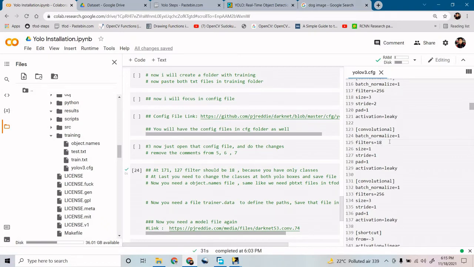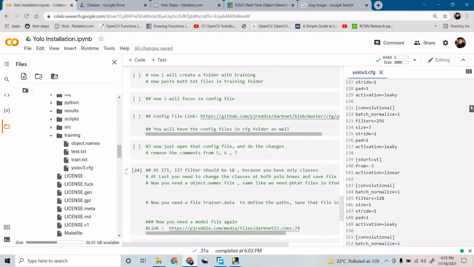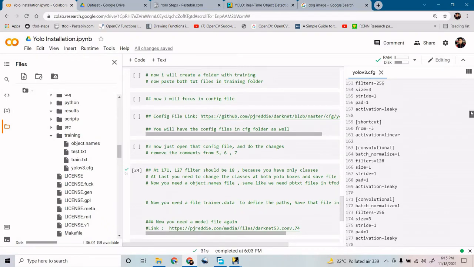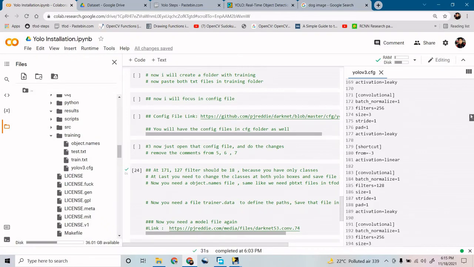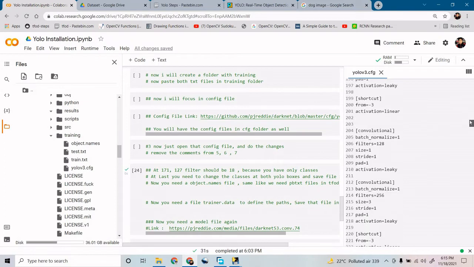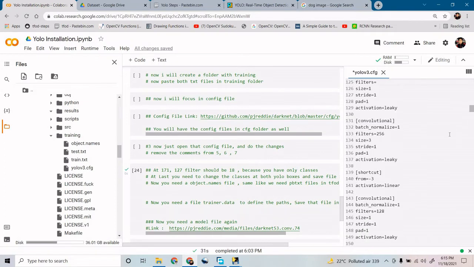Okay, 18. Now again let me do one more thing, the filter size and filter size again, inside your YOLO block you need to do it. Let me remove this part and keep it as it is.